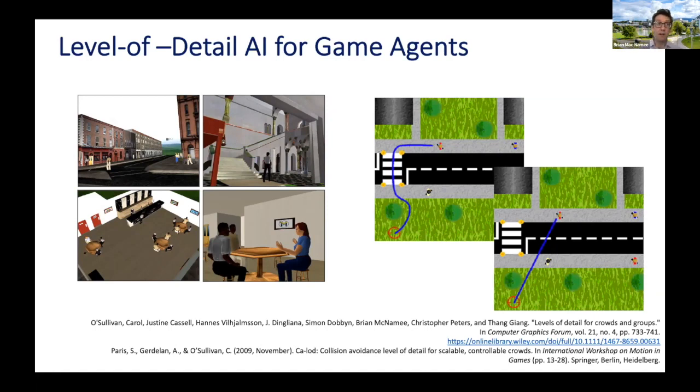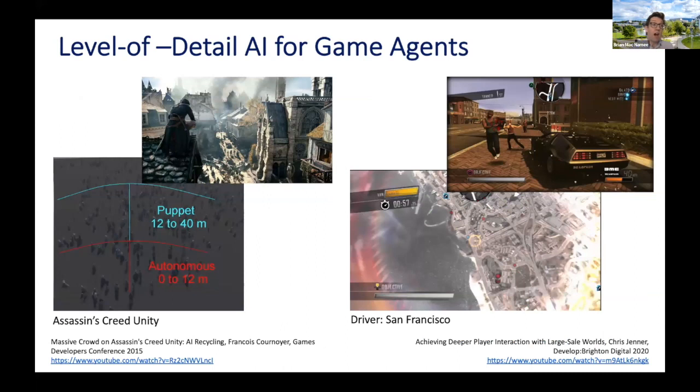Like I say, we did some very early work in applying this level of detail AI across open world scenarios, and essentially being able to ratchet up the level of virtual fidelity at which agents within a game are simulated depending on where they are in relation to the player. And that's become really common now. I just wanted to highlight a couple of examples of that. So in modern big open world games, the idea of level of detail simulation is used all the time. Here's a couple of examples and a couple of references. I know that the slides will be shared afterwards, to interesting talks from developers talking about how they've implemented this.